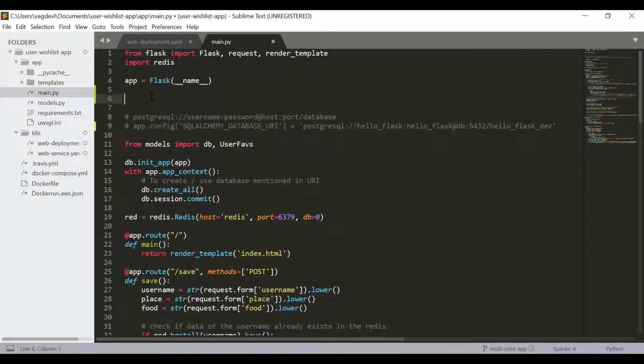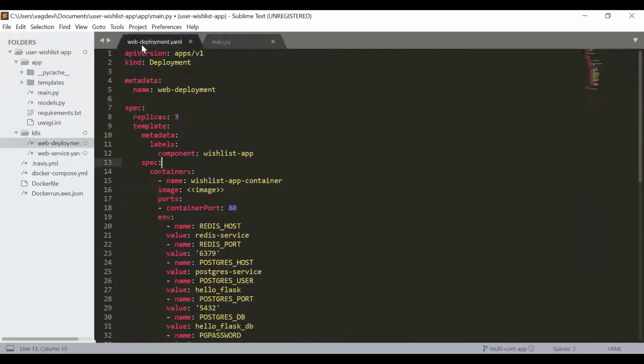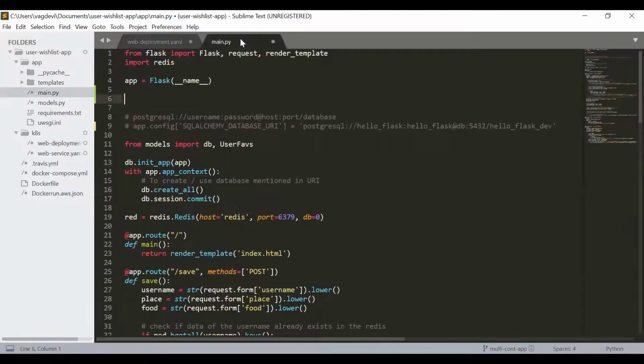Okay, so we will do that part right now. And after all those things are done, after configuring our environment variables, getting all those values and setting this config, then we will create a new image and then push that to Docker Hub, and then we will write that image name over here. Okay, that is the step.